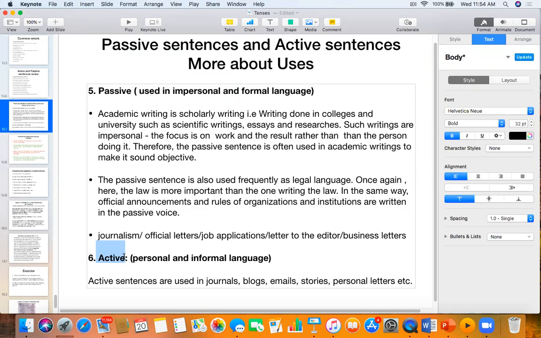All right. So normally you use this language with people you know very well. Your friends, your parents, all